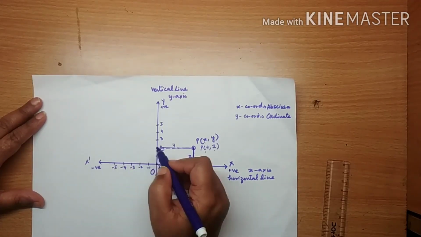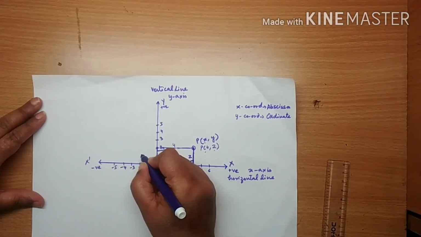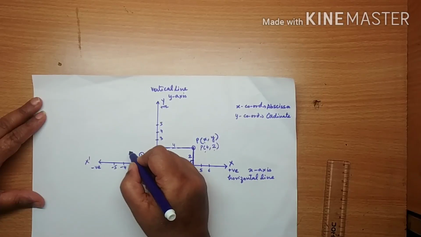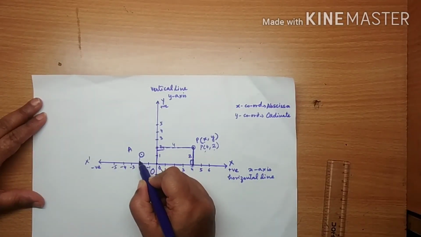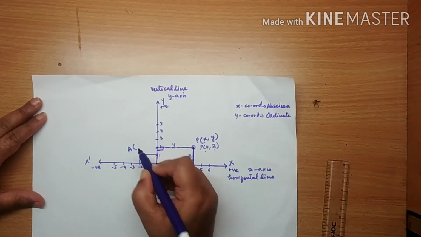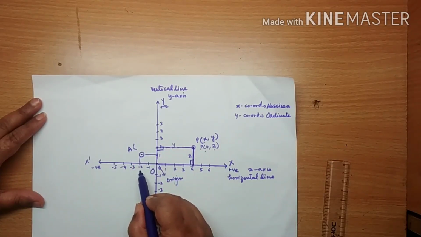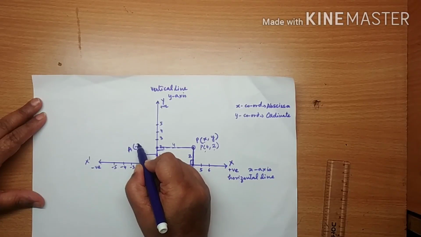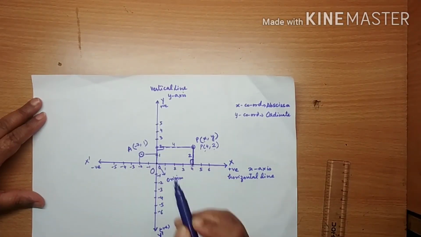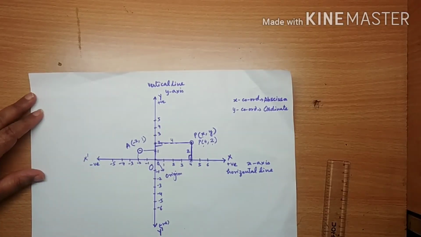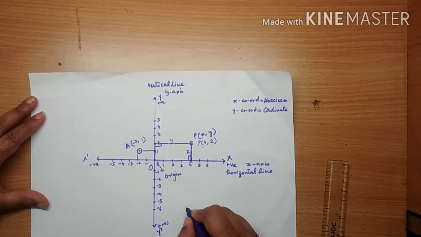But in order to read the coordinates of the point, you can simply keep in mind, suppose if this is the A point, the coordinates of A I want to read. So you can simply keep in mind, first I go to the x-axis and read the corresponding -2 value. Now the y-axis, the corresponding is 1. So the coordinates of this is -2 and 1. Suppose I need to read the coordinates of this point here.